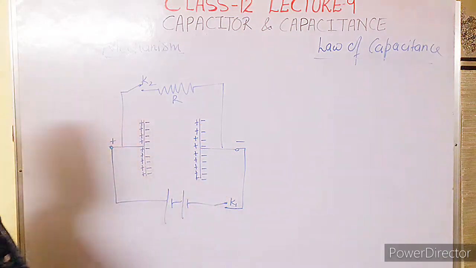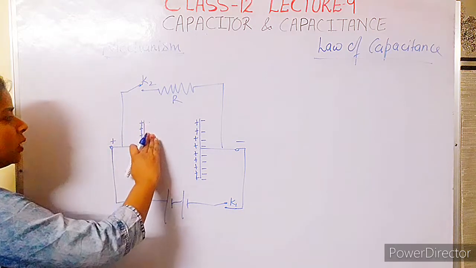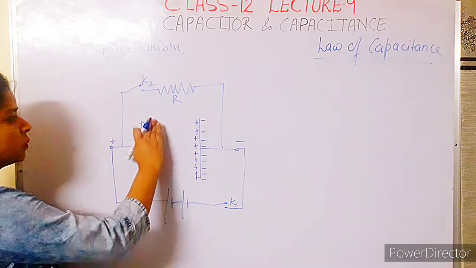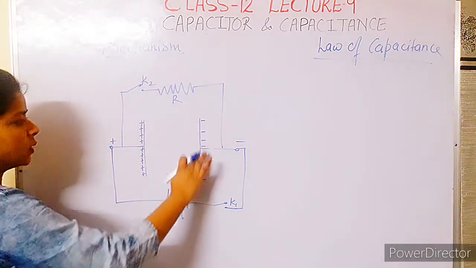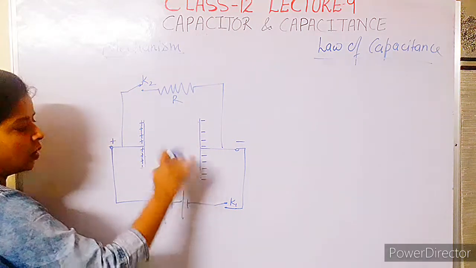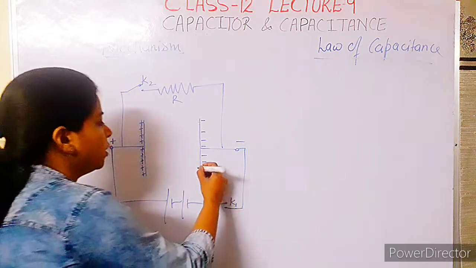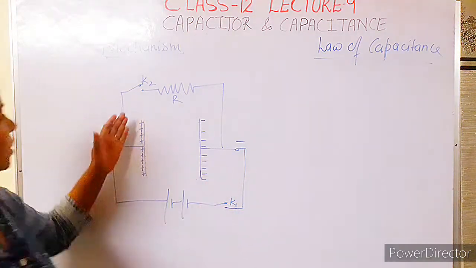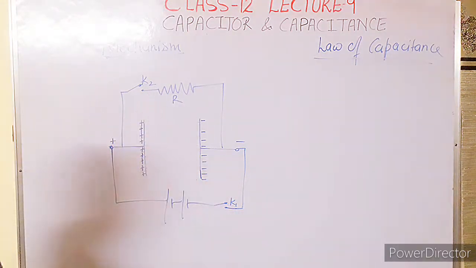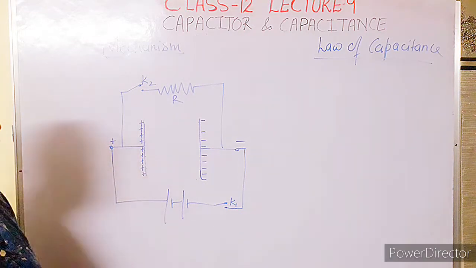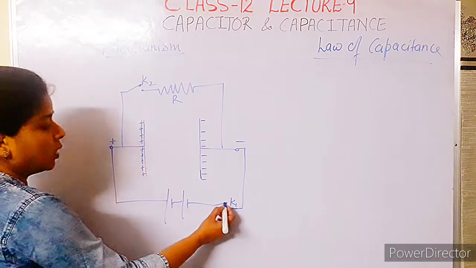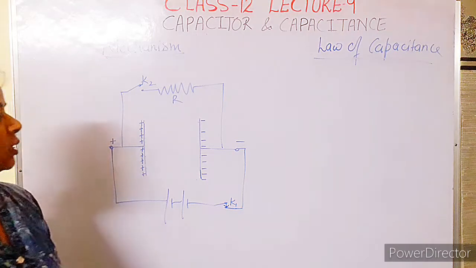Here this is the condition. We don't consider the inside charges here. This is the mechanism that is occurring here, but we will not consider the inside charges here. We will consider only the outside charge. You can see here the plus charges and the minus charges over the surface of the plate, due to the presence of this battery, and we have connected this key K1.